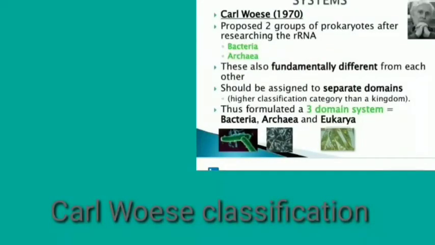Recently, the new scientist, that is Carl Woese, has proposed the animal classification. It's given in the picture. You can see he has classified into three classes, that is bacteria, archaea, and